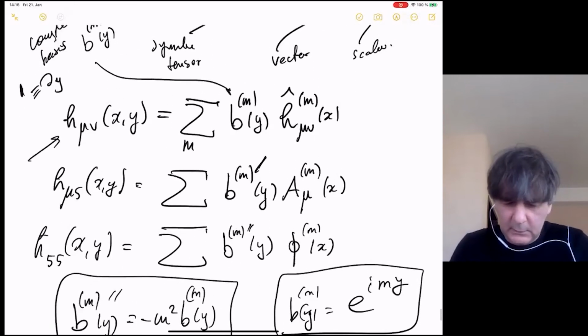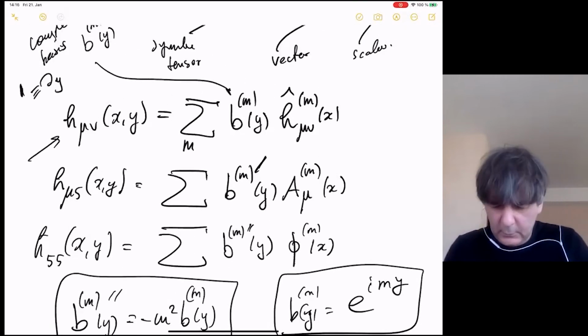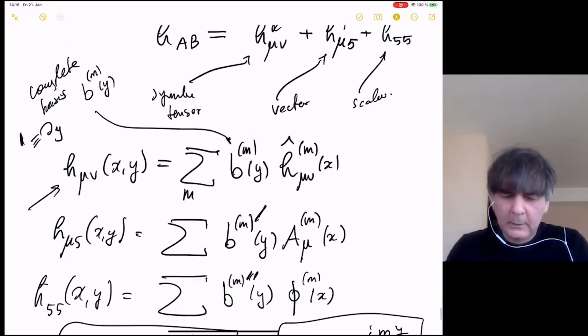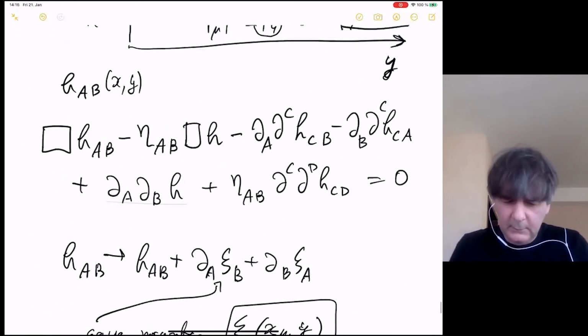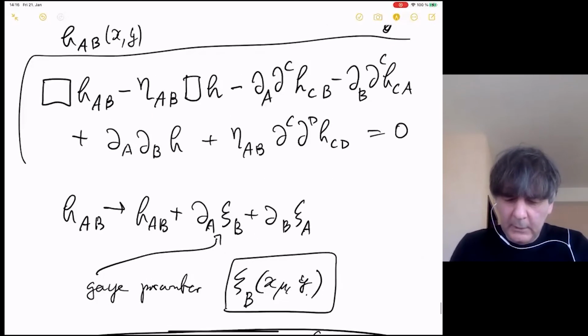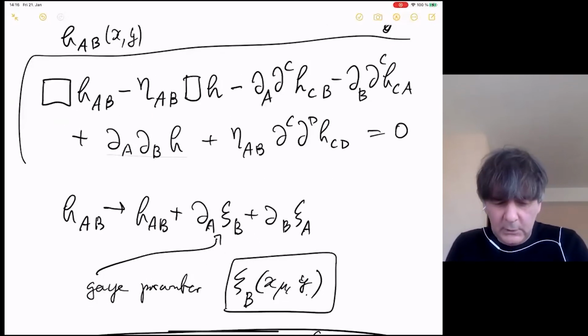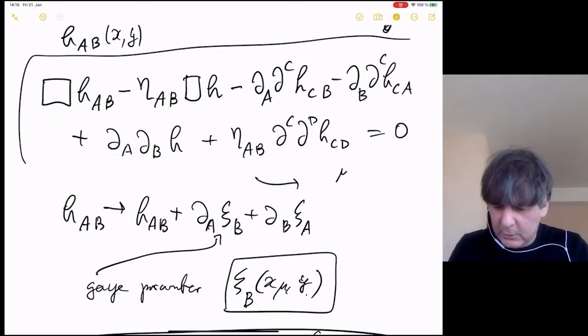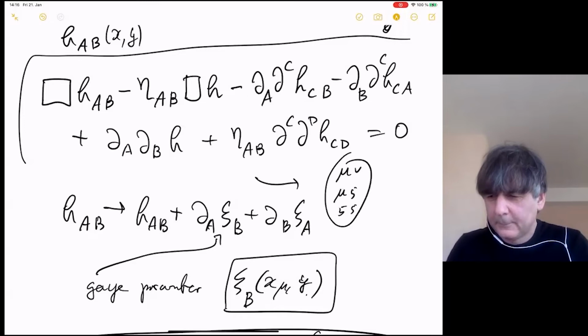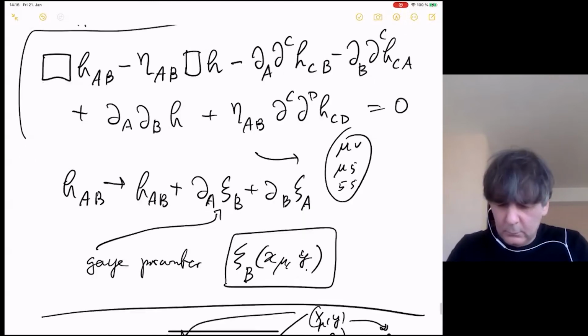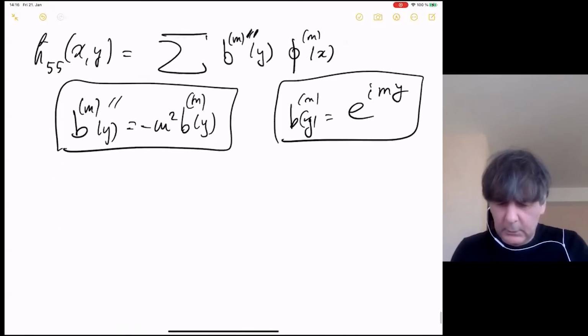It's a nice exercise actually, especially for a student to do. So you can take this and plug it in this expression. And then notice that this equation has two indices, A and B. This equation for the index, and we will get the equation for mu nu when AB is mu nu. So we get three equations. We get the equation mu nu. We get the equation when one of the indices is mu, the other one is 5, and then equation 5, 5 we can also get, right? And so to make the long story short, we